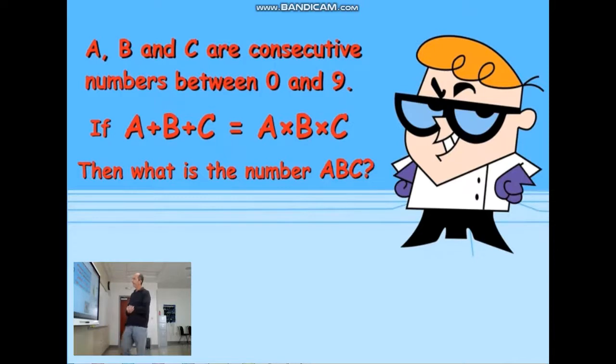The question here is: A, B and C are consecutive numbers between 0 and 9. If A plus B plus C equals A times B times C, then what is the number ABC when combined together? That's the question. Think about it. How would you solve this puzzle? And let's move to our